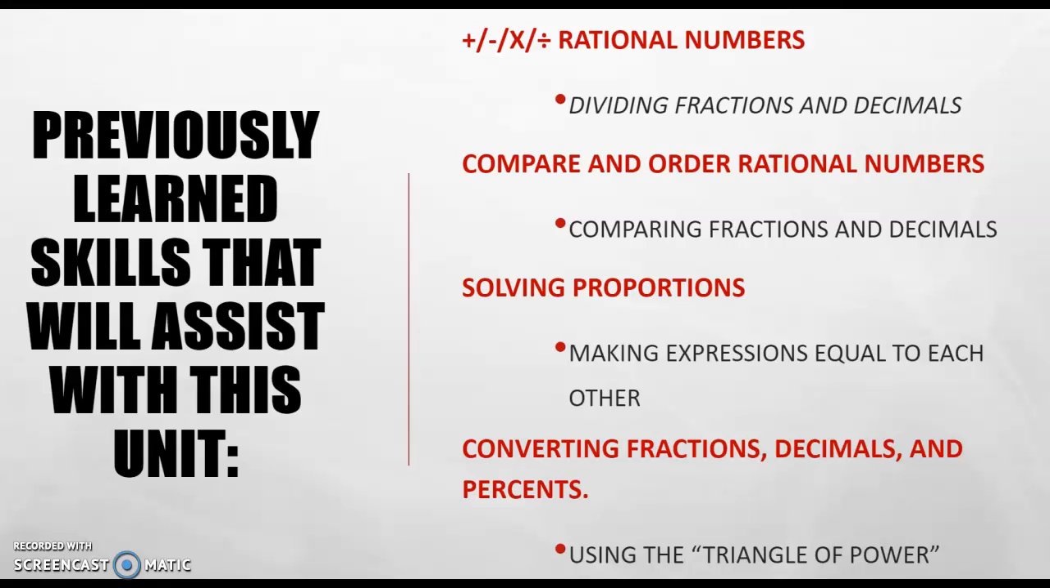Comparing and ordering rational numbers, comparing fractions and decimals would be a specific skill that we need to be aware of. Solving proportions, making expressions equal to each other, which we've already done, and then converting fractions between decimals and percents. Remember to use the triangle power, where I can get from a fraction to a decimal to a percentage, and so on and so forth, backwards and forwards. Okay? So now,